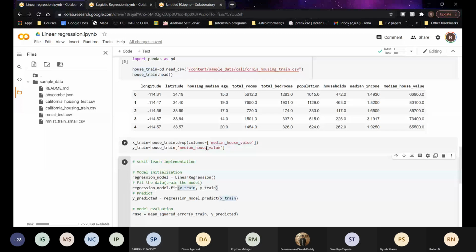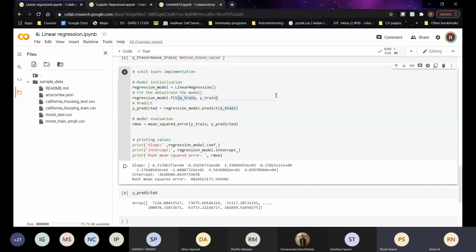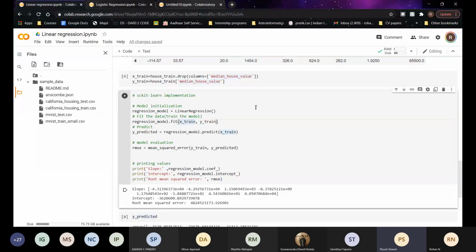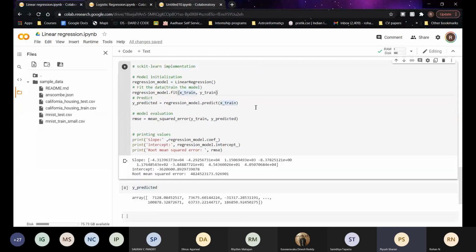Okay. Any other queries? You just need to remember one thing, that whatever the type of data set you are training it on, you must also always test it on the same type of data set. They can't be different once you have trained the model.